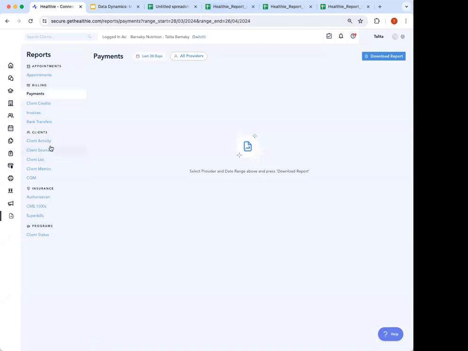Under clients report, we have a variety of clients, different types of reports that give you insights into the demographics and the client's activity on the platform. It gives you insurance details. There's metrics, there's the journal entries. So here, the clients one really lets you